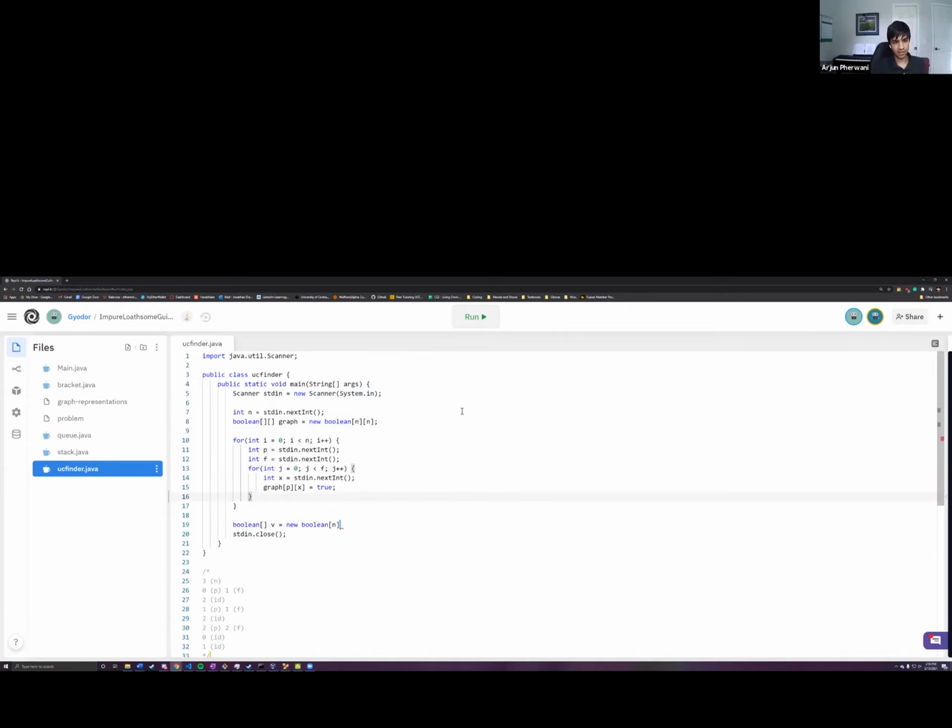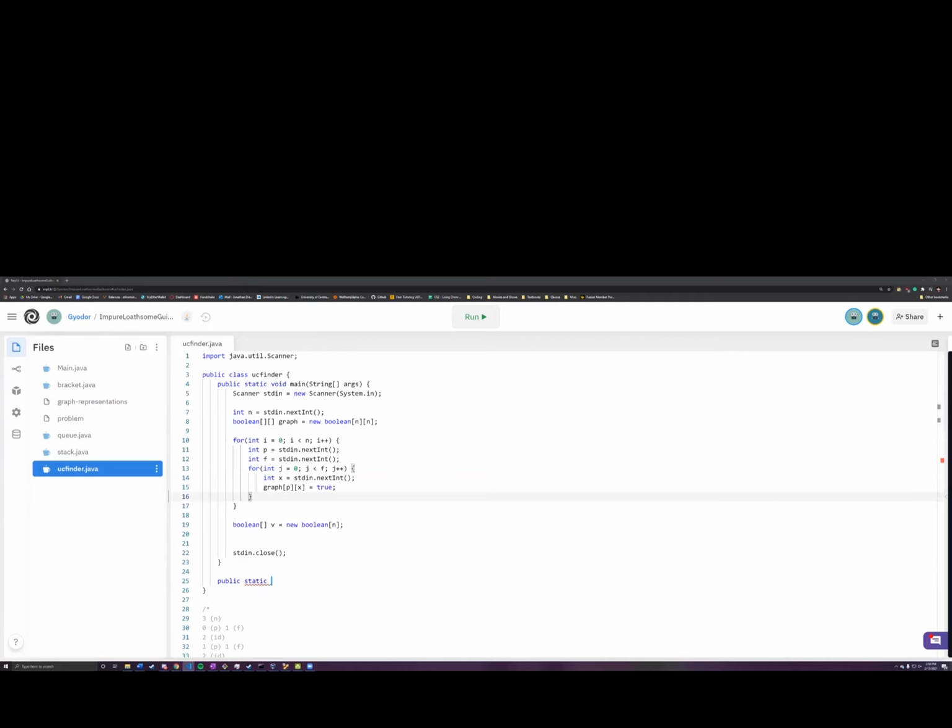So what I'm making here is a visited array. V stands for visited. This is going to be important when we do DFS, because when we go down rabbit holes, it's important to know which node we've gone to, because we don't want to be in an infinite loop of rabbit holes, unlike our friend Alice. Actually, even Alice escapes from her rabbit hole at some point, I think. She wakes up. So I'm going to code up DFS here, and then we'll fill out the rest of the main method.